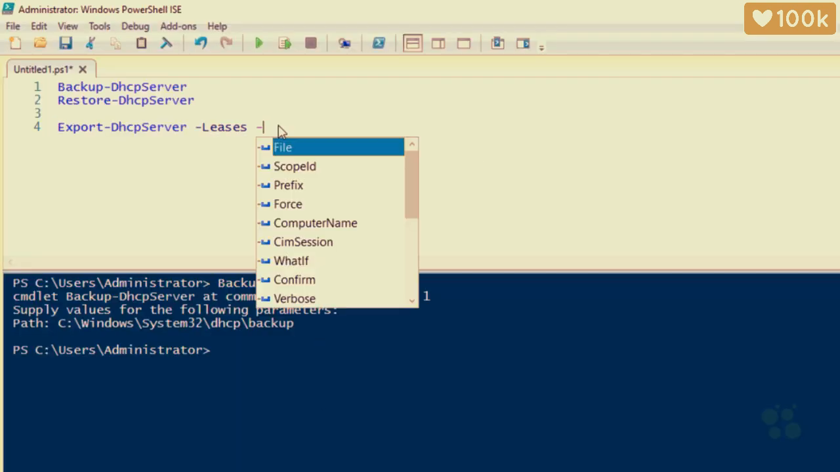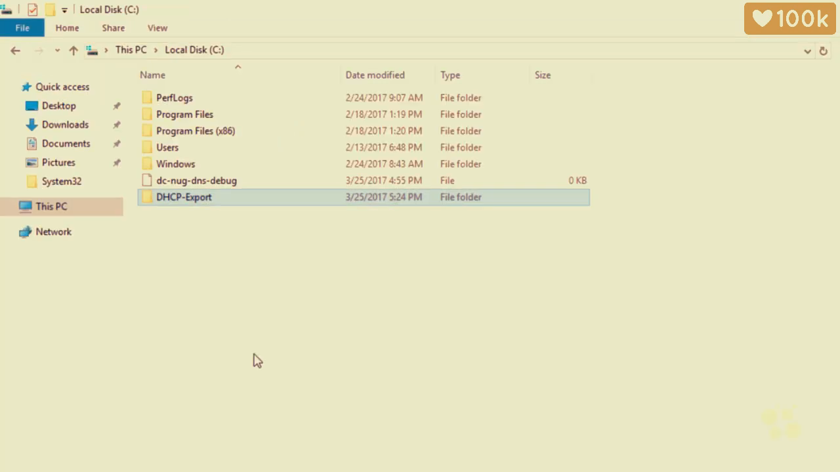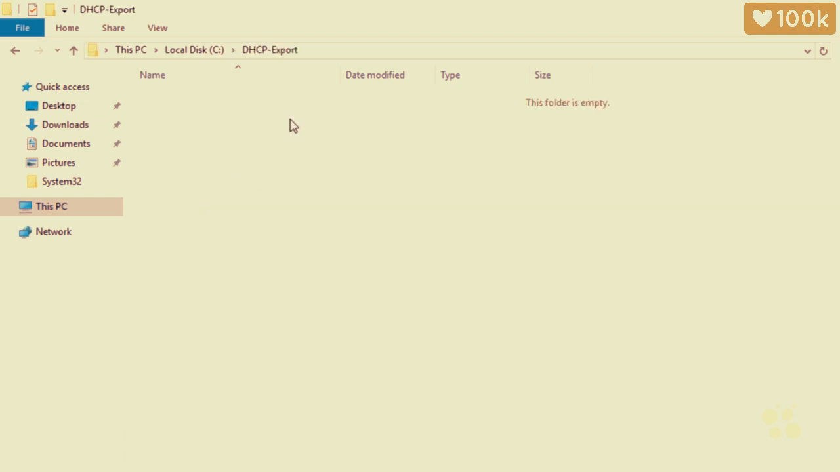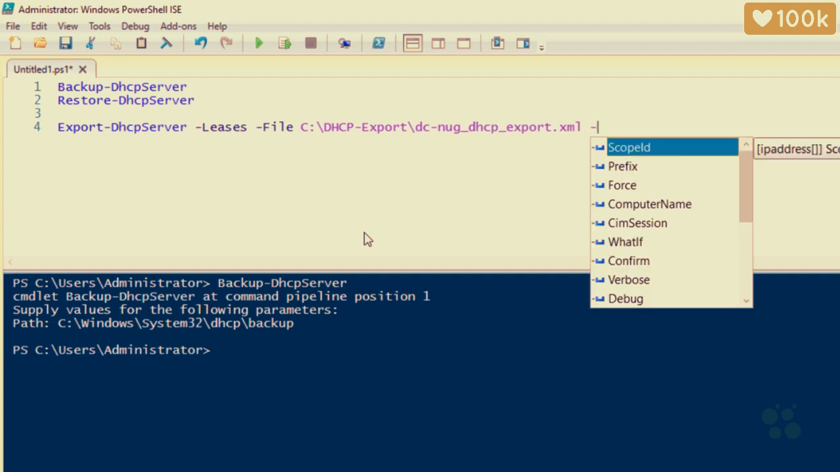And we'll specify file, and I'm going to cheat again by going back to File Explorer, selecting that folder, and then just right-clicking up here and saying, please copy address as text. And then we can go back to the PowerShell scripting environment and right-click and just paste it in. Then a backslash, and we'll specify the file name. Let's call it dc-nug_dhcp_export.xml. And if we want to see all the details as it does that export, we can throw on -Verbose to